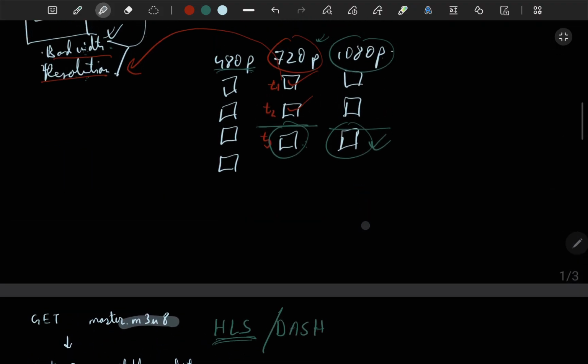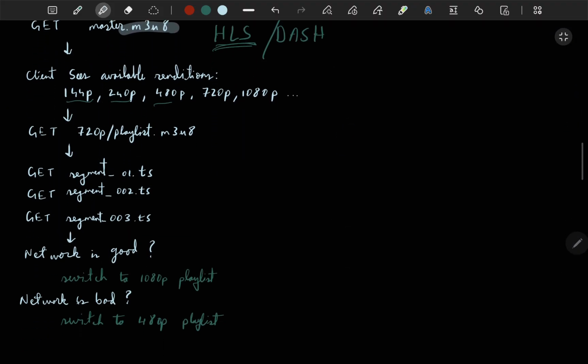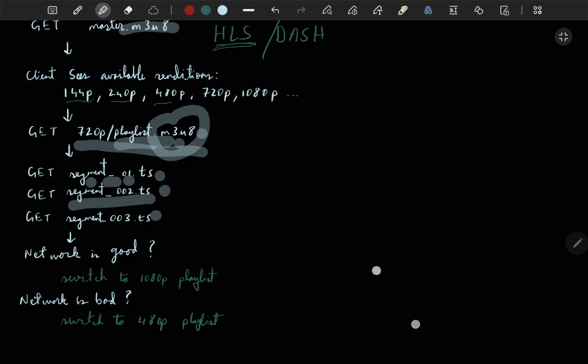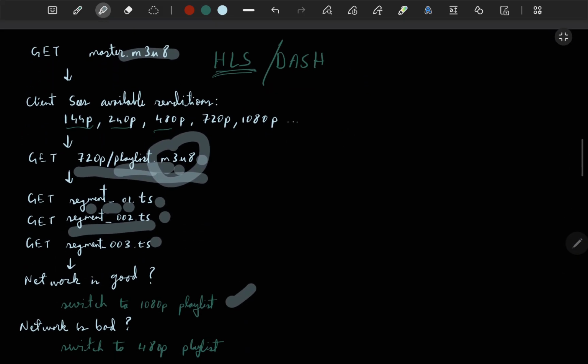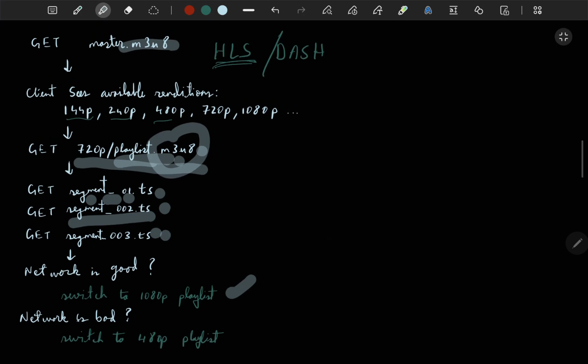Next, for now, we start with 720. It's not necessary. It depends completely on the bandwidth. I have taken an optimal point where from 720 with M3U8, playlist.m3u8 we start. Now it has these segments, segment001.ts, segment002.ts, all these things. If the network is good, it will switch to the 1080 playlist and it will start asking for the next segments from there. And what happens over there as well, like you think it is only segment001.ts, it's not like that. There is the entire thing that first the format, it will be 720p,